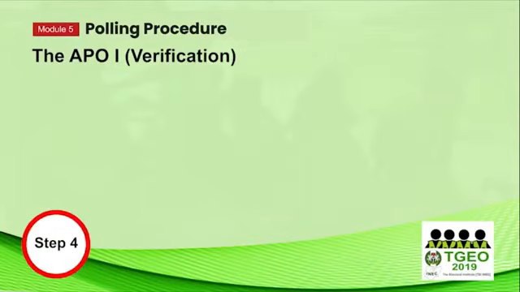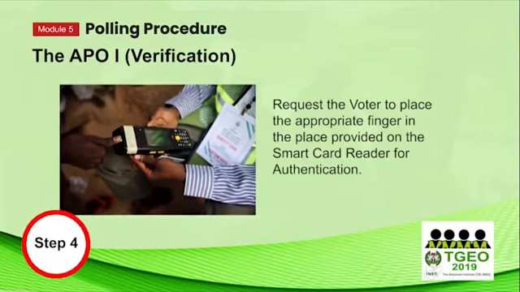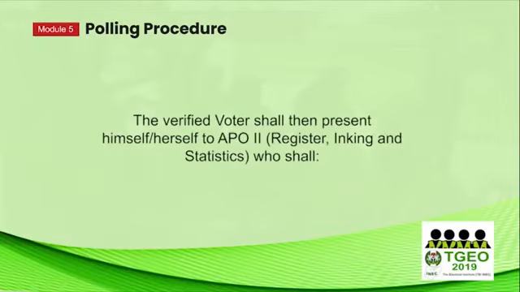Step 4. Request the voter to place the appropriate finger in the place provided on the smart card reader for authentication. The verified voter shall then present himself or herself to APO2, Register, Inking and Statistics, who shall: